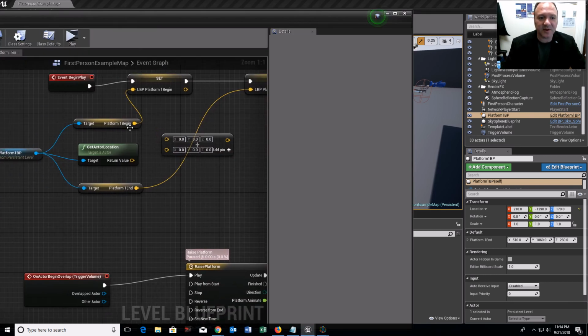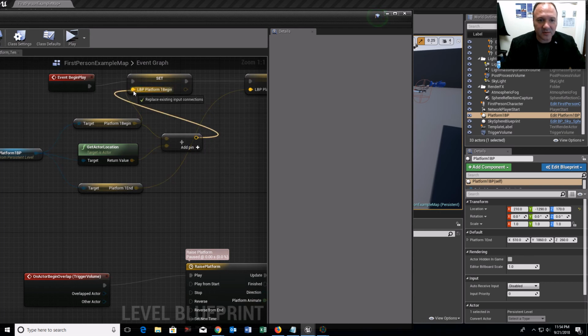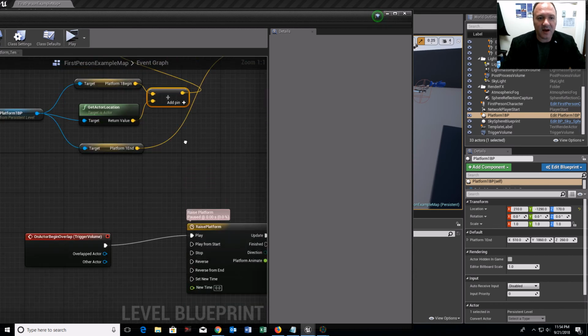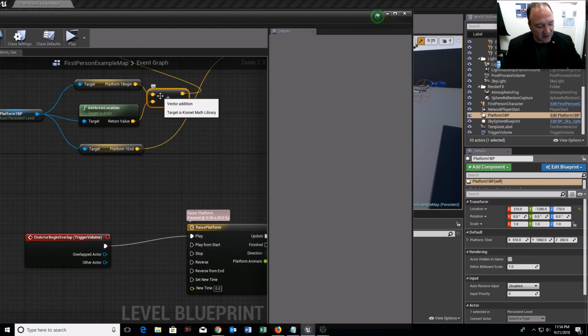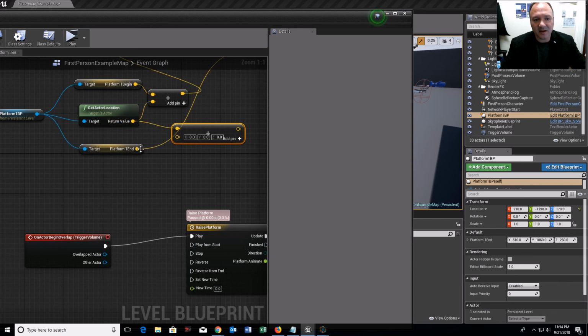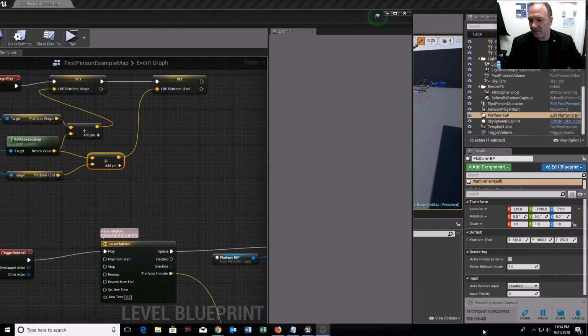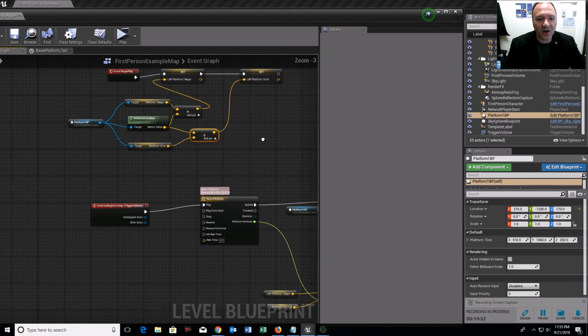And that's what I'm doing here. So I'm going to add platform 1 begin to the actual location, and that's where it's going to begin. I am going to take another add pin, and I'm going to add the platform's location to the end location and plug that in to platform end. I'm at 11 minutes. That's great. Now that should work.